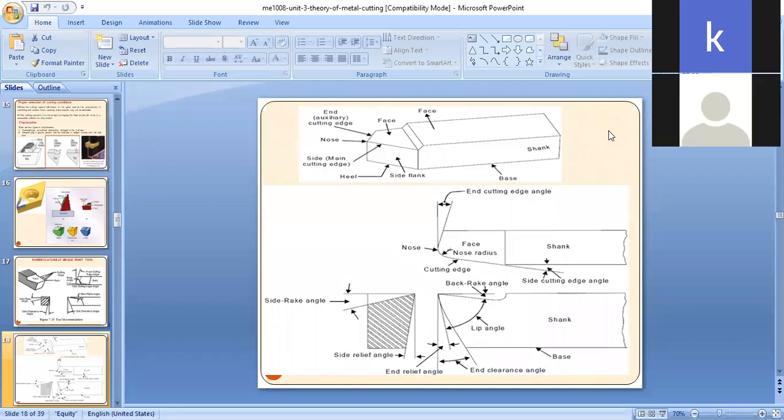Mute చేసుకోండమ్మా, disturbance వస్తుంది. So we have the face, the shank already we have seen, and in one of